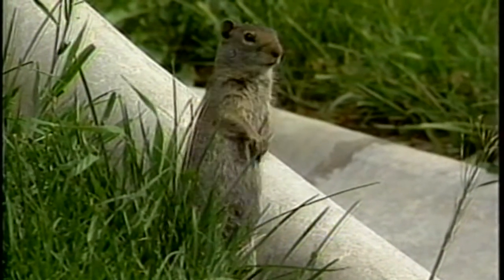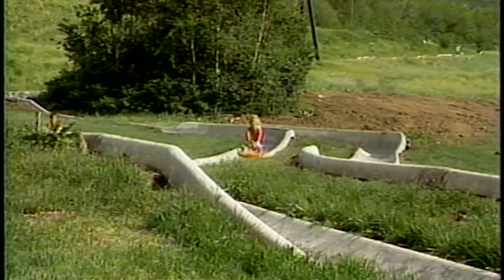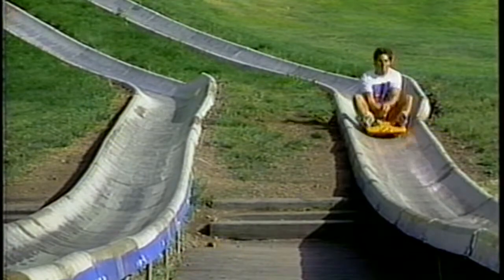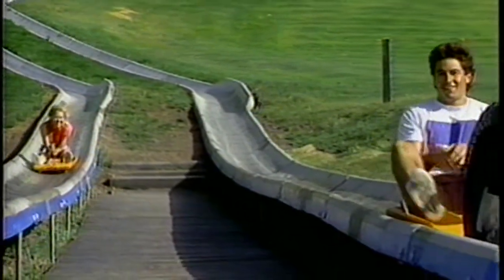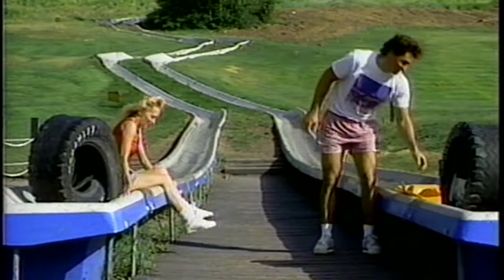If you put an audience shot in, do it again. And here's closer shots, and our cameraman caught both of us zooming by. We're going really fast, so he couldn't do too much. I would have slow-moed those shots down doing this now. And then here we are, waving to the camera and coming into the finish line, and of course Bill came in first. So we shot the ending, us getting off the slide, and my disappointment, I guess, at not beating